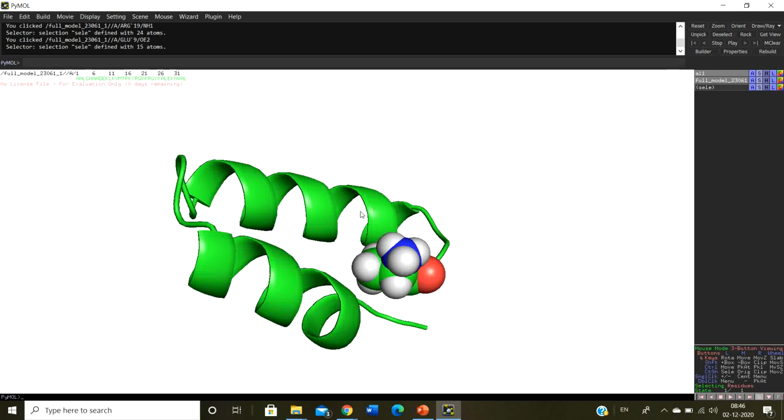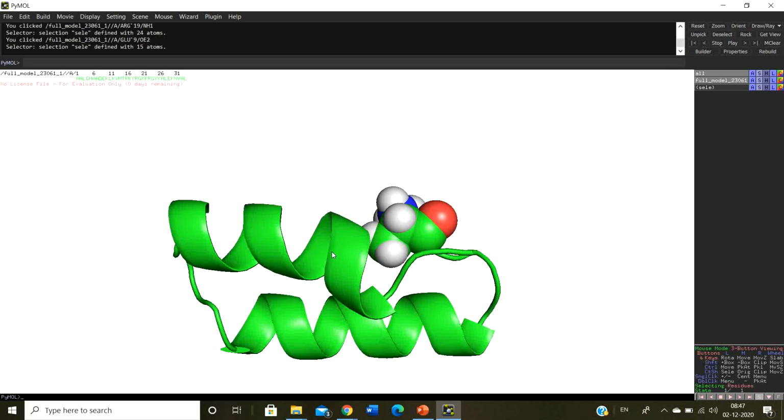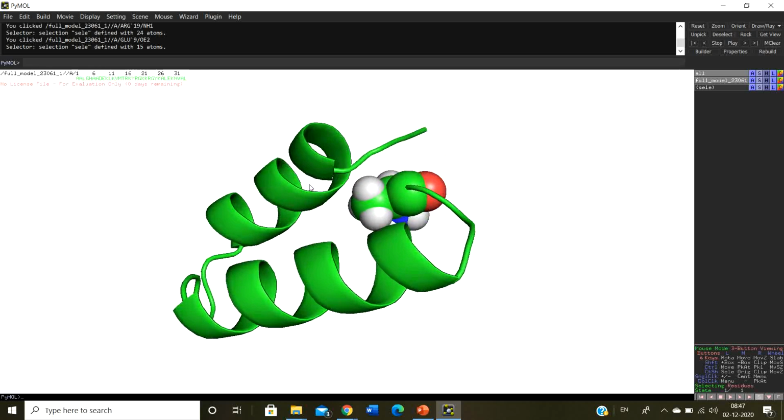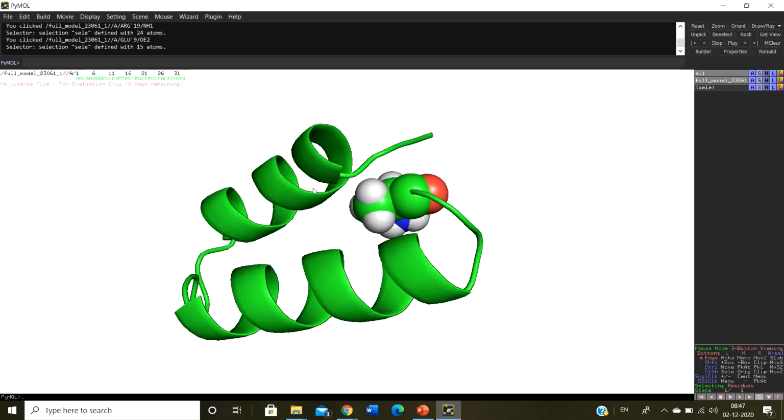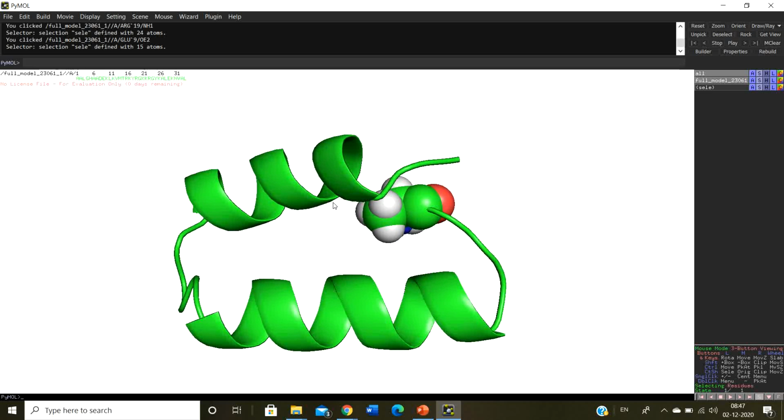There is an option. Now you can see that it's actually highlighting the whole residue. Now there is an option to deselect this whole residue and select a particular atom, not the whole residue, but a particular atom. I'm going to show how to do that. Now just check in the